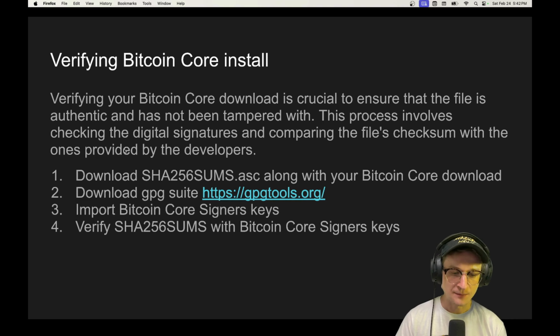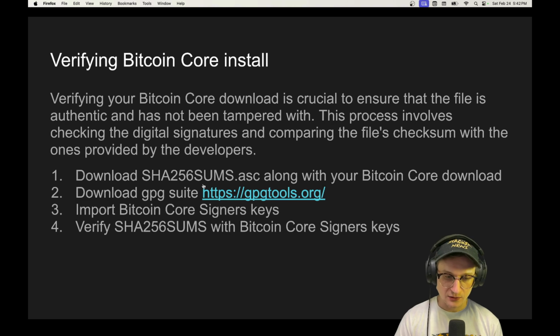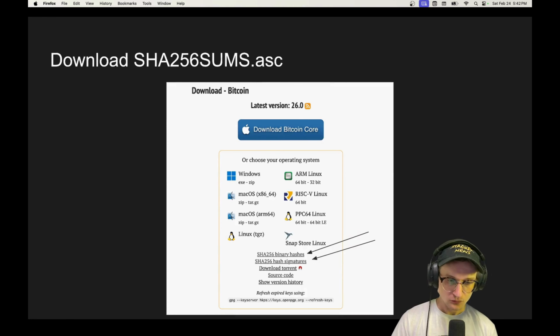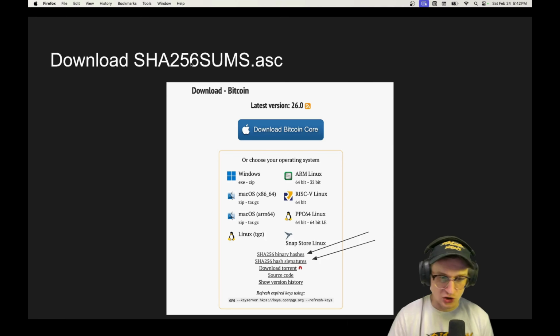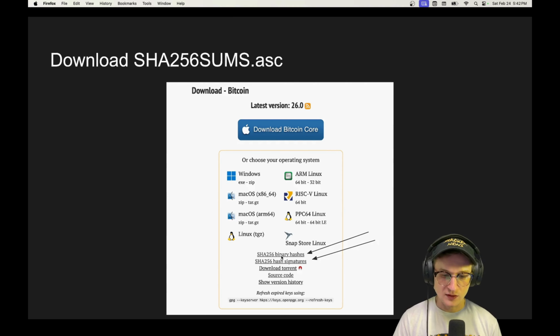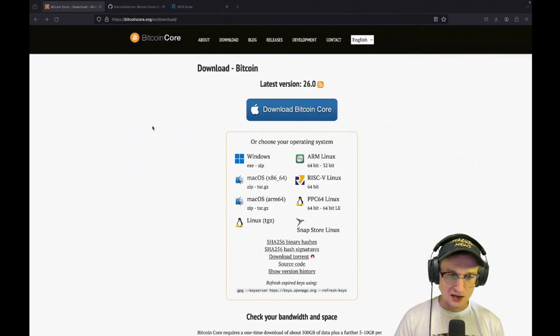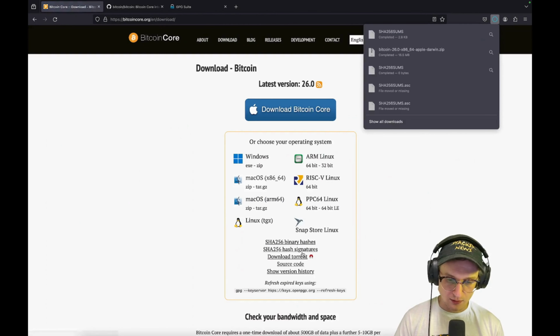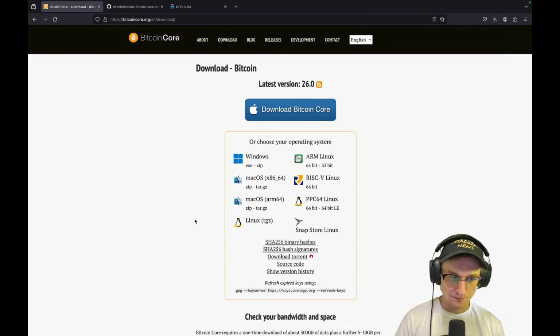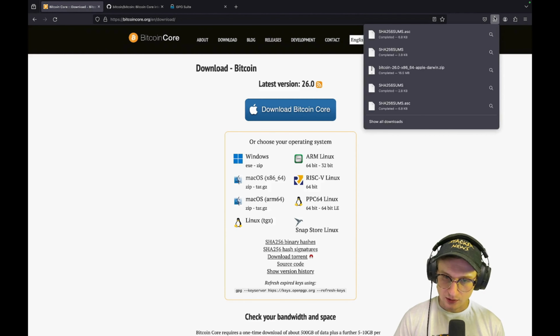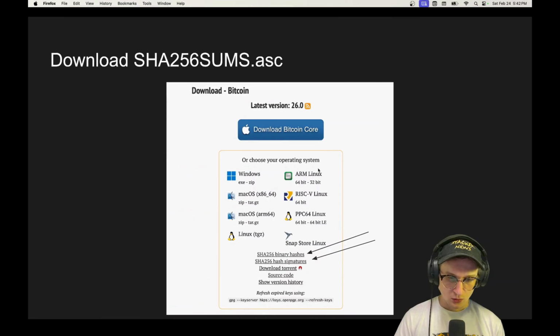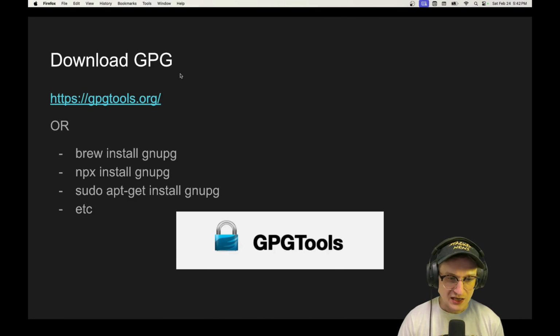so you know that you're getting the exact code that they built in that release. So the 4 steps here: we're going to download the SHA-256 sums files, we're going to install something called GPG tools, we're going to import the Bitcoin Core developers' signers keys, and then we're going to verify them. So let's get started. Let's download the SHA-256 sums. We're going to download both of these links right here. If I go to bitcoincore.org, I'll click on this one, and I'll click on this one, and that should be good. Cool. So we've got those,